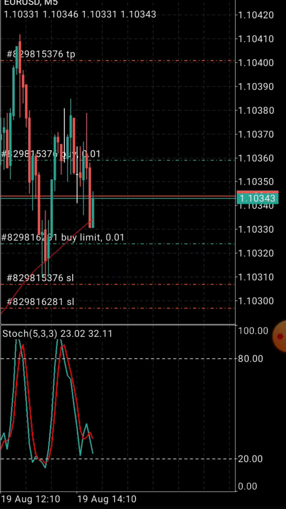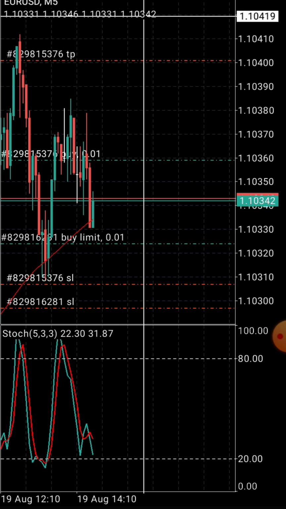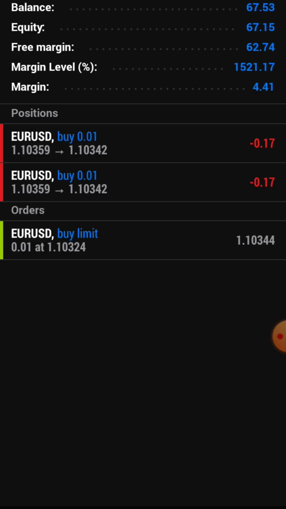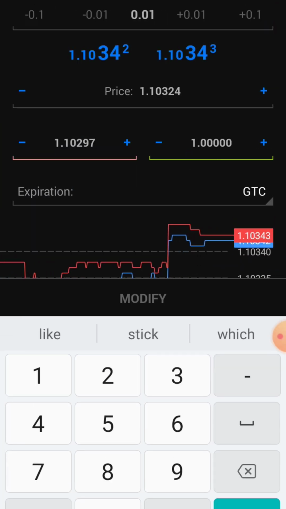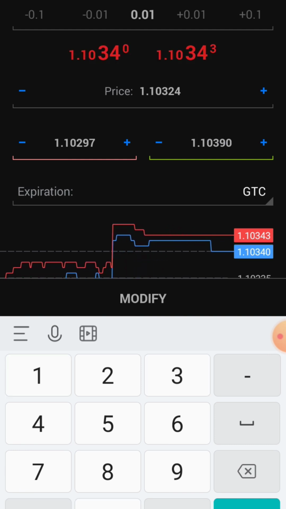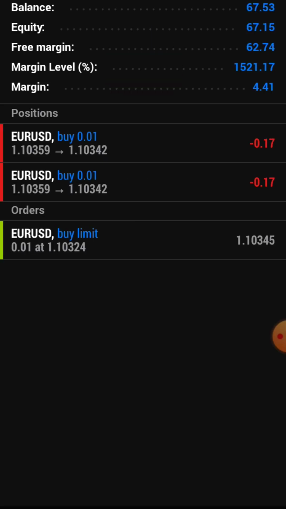Similarly, if you want the TP of the buy limit, suppose here 1.10390, this is my TP. So I have placed my TP.